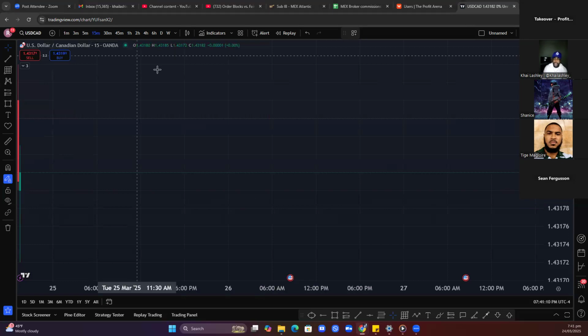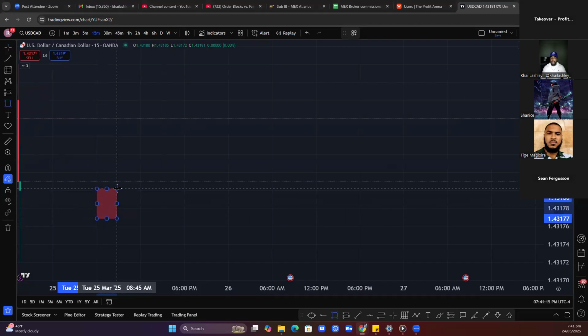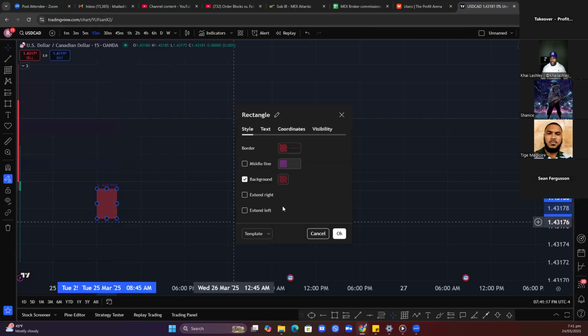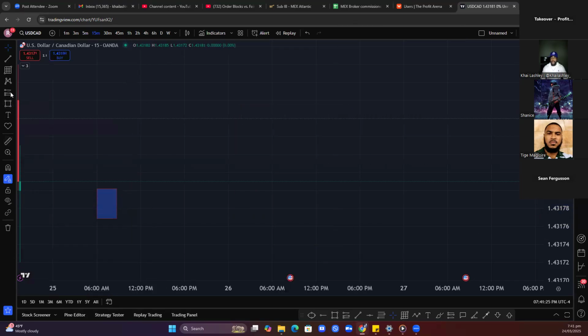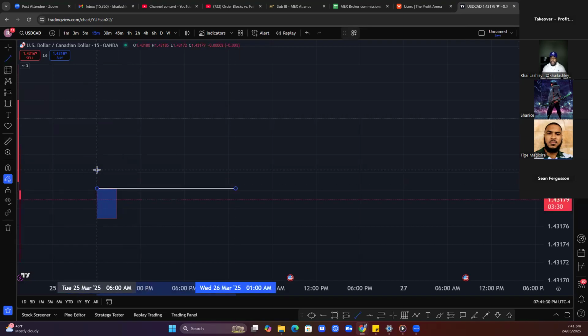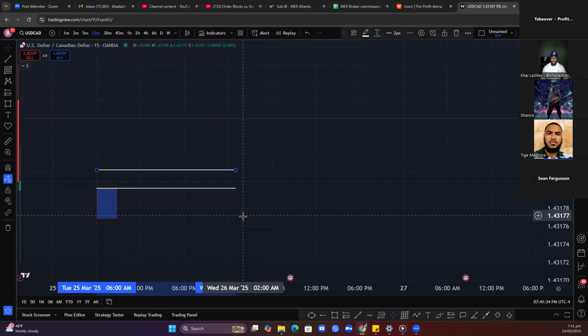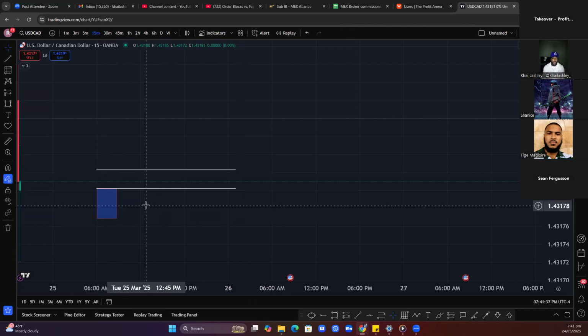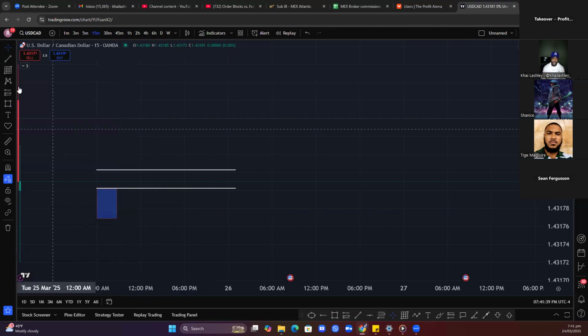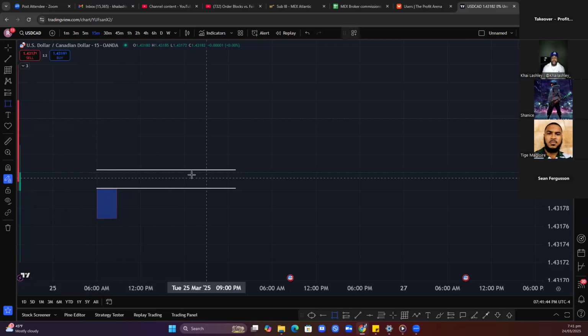So the first thing is the blocks with the high probability. What you want to look for, very simply put, is you want to be able to identify an area of imbalance above that order block. Of course, I'm just going by scenarios here, but if you have an area of imbalance above the order block, guys, it makes it even better for you,